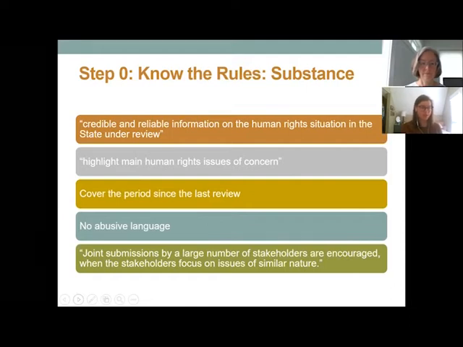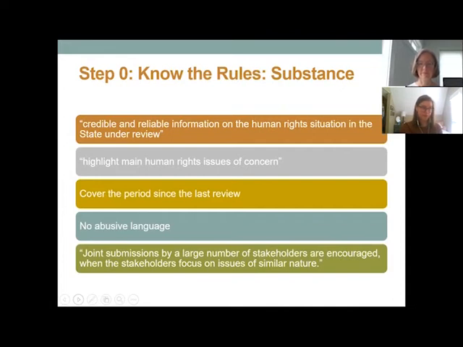The technical guidelines also ask you not to use abusive language. Now, what does abusive language mean? Generally, it means language that is accusatory or incendiary, which can lessen the credibility of the report. You should try to use neutral, objective, non-adversarial language and tone to maintain your own credibility and to ensure that the report is considered. Unfortunately, a report that is not considered objective or that is considered overtly political may not be taken seriously because of the perception that the information it contains is not credible. A report might lose credibility when it includes emotions and subjective opinions, so it's critical to take care in the drafting and editing stages.